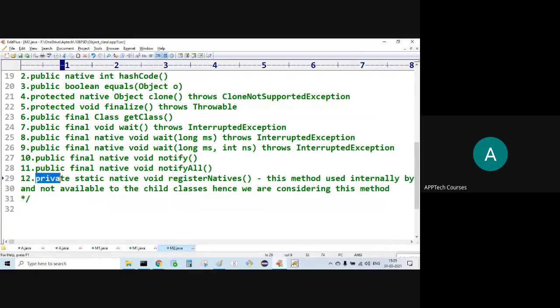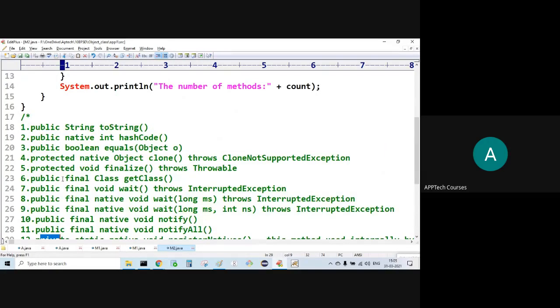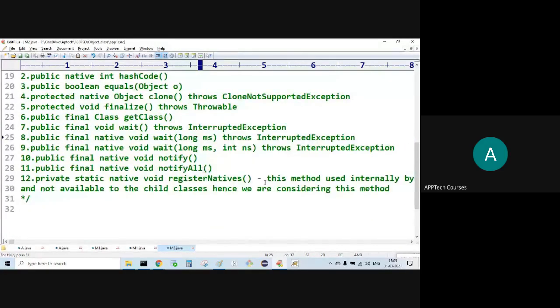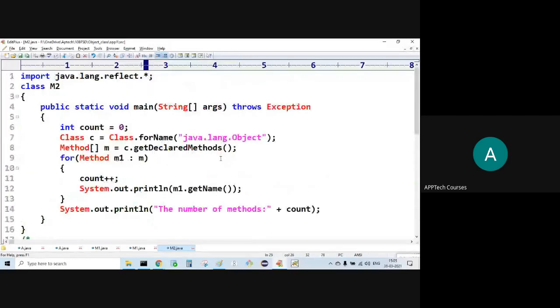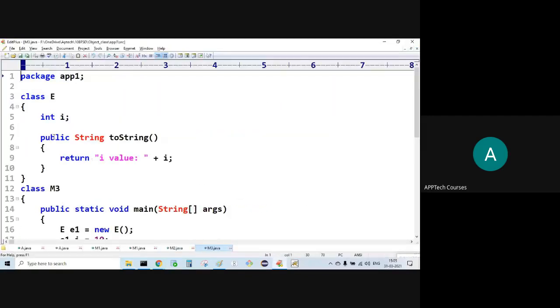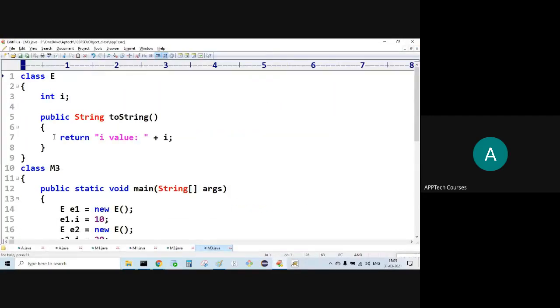The Object class is tricky. You should concentrate more.